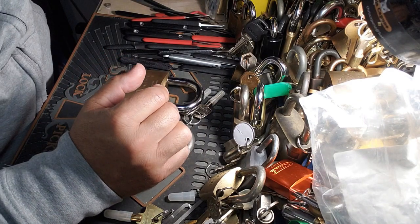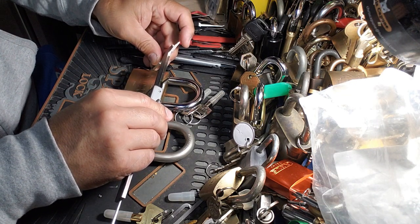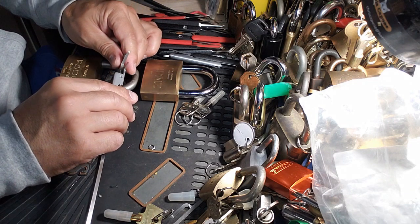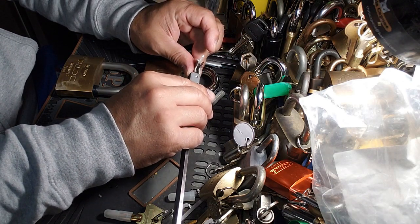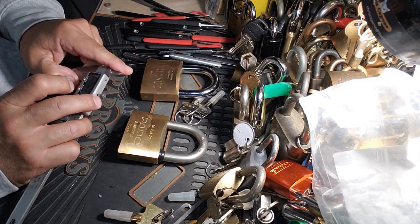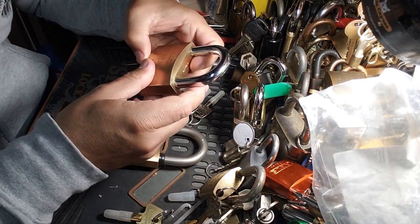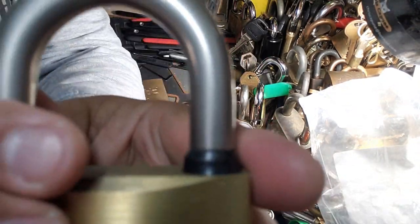If we want to get exact on the measurements, just to see, we have the PAPAIZ at 69.51 and the PADOS at 70.23. Shackle wise, 11.99 on the PADOS and 11.92 on the PAPAIZ. Shackle material, molybdenum, which I believe is supposed to be harder. This one here does not have a stamp on it on whether or not it's hardened or not. This one is. You can see the